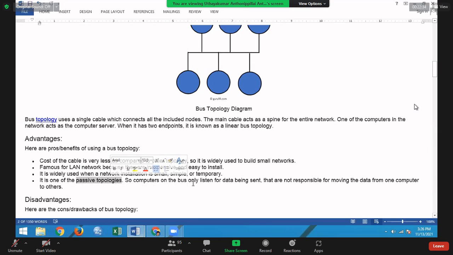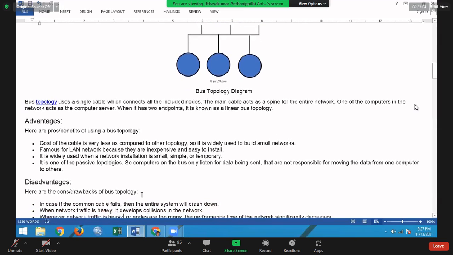Computers on the bus only listen for data being sent; they are not responsible for moving data from one computer to another. Compared to a hub or switch, the sensitiveness is a little less.